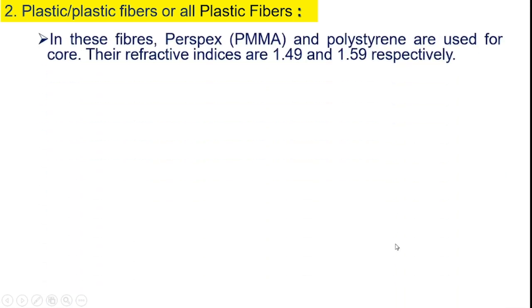Now let us see plastic fibers. In these fibers, perspex PMMA, that means polymethyl methacrylate, and polystyrene are used for core, and their refractive index are 1.49 and 1.59. प्लास्टिक फाइबर में हम क्या करते हैं, perspex PMMA या पॉलीस्टीरीन को हम कोर मटेरियल के रूप में यूज करते हैं